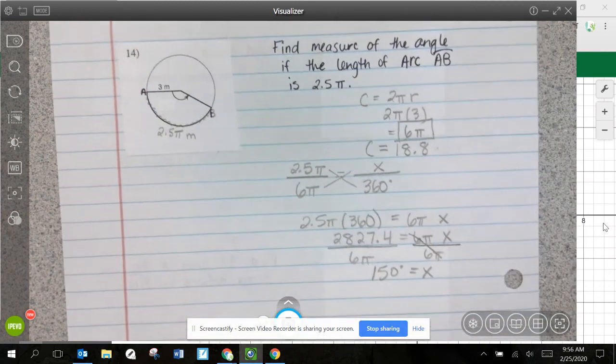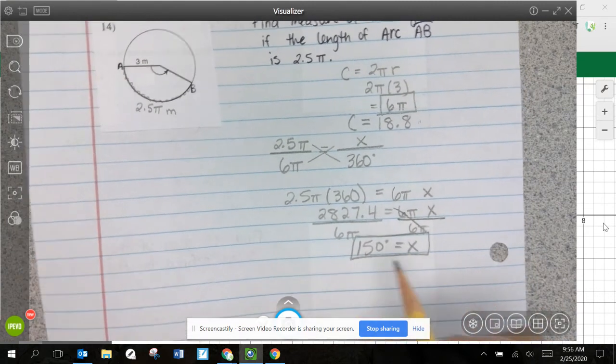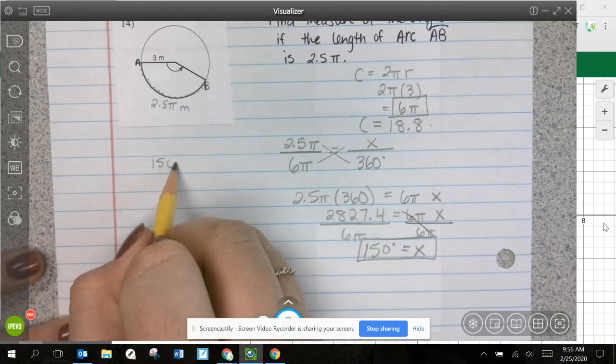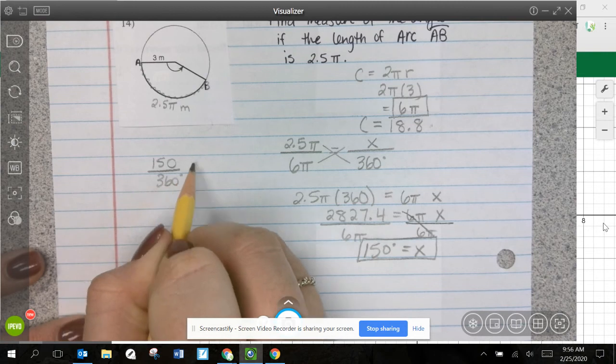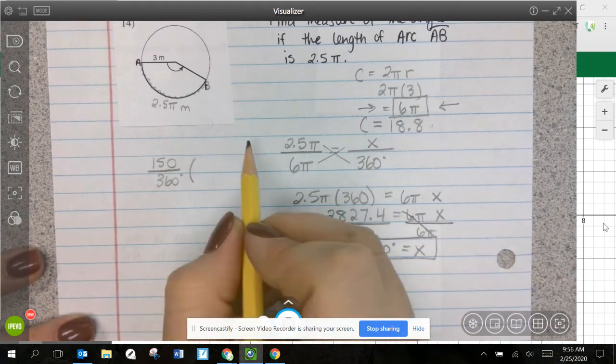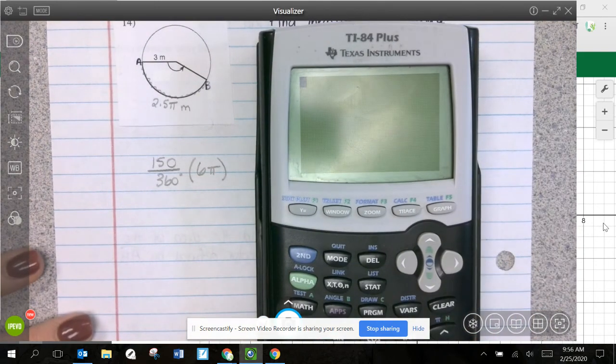So how much of this circle did I use? What was the measure of that angle? It's 150 degrees. Could I check that? Sure. I know I used 150 out of the 360 degrees, and I already know my total circumference is 6 pi. So if I typed that into my calculator,